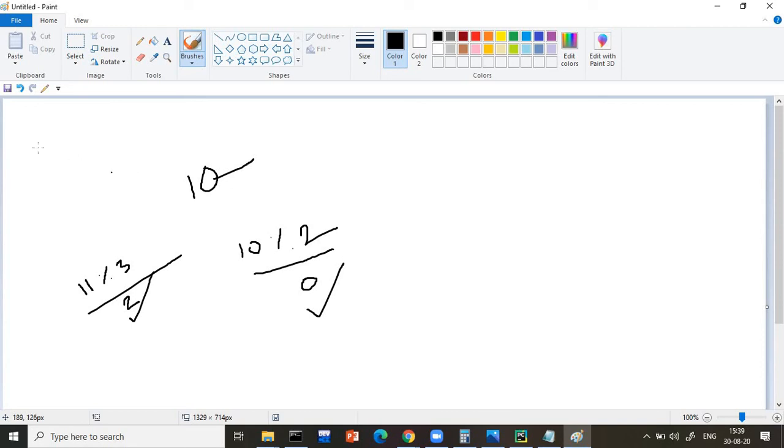I hope you got the clarity. If you don't get it, I will give one more example. 21 modulus 6. What will be the remainder? 6 3s are 18. Remainder is 3. So 3 is the remainder here. So how do we have to write the condition? We have to write this remainder value equals to. Already you are aware of this in the operator concept, I explained in detail.